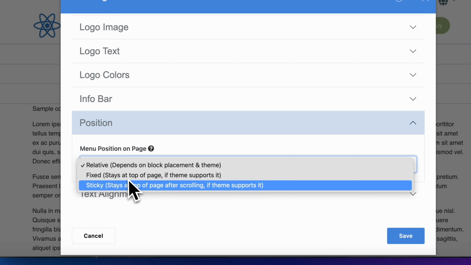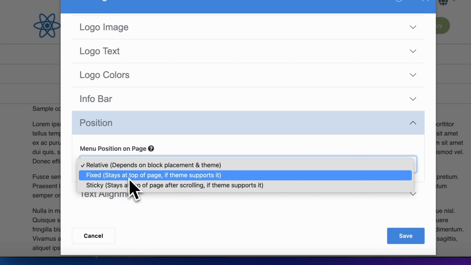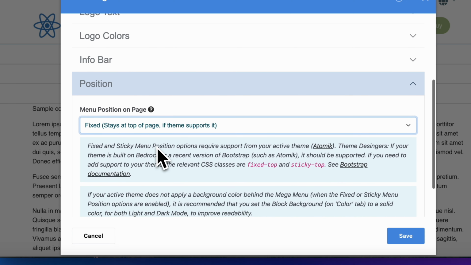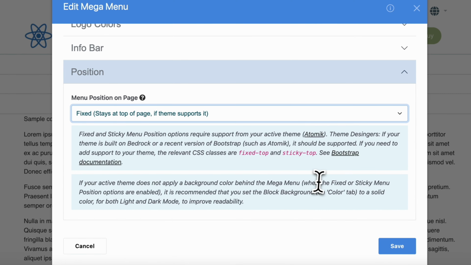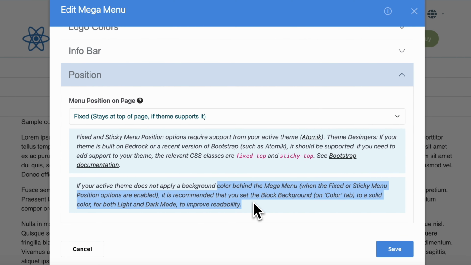The other two options are fixed and sticky, and that only works properly if your theme supports it. If you're using one based on Atomic, which is a default theme with Concrete CMS, then it should support it. It does have some additional information here about this. So theme designers can adjust their theme to be able to support sticky and fixed positioning. Just keep in mind that if you do apply this option, it's best to set a background color. So if your theme doesn't set a background color for you in that area, you probably should do it yourself